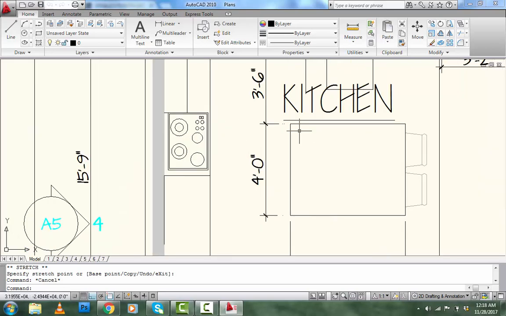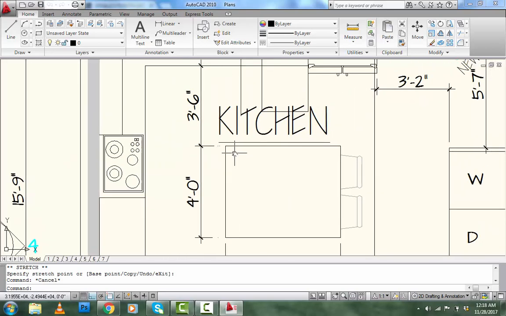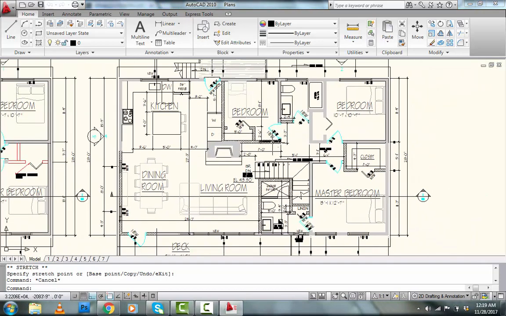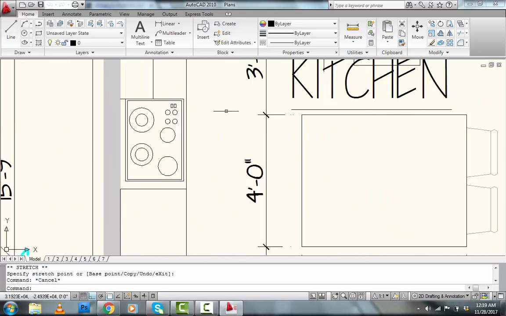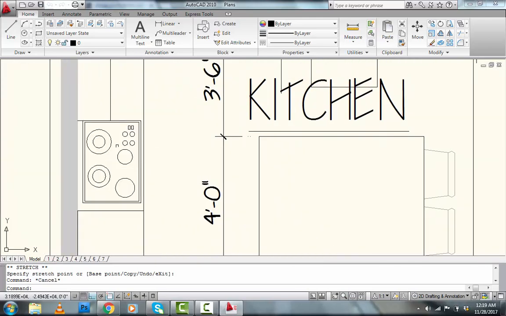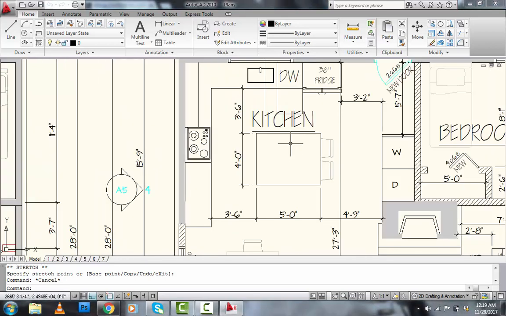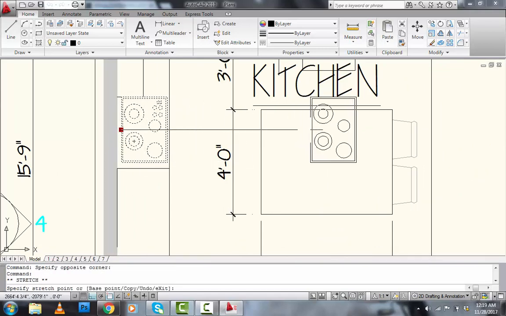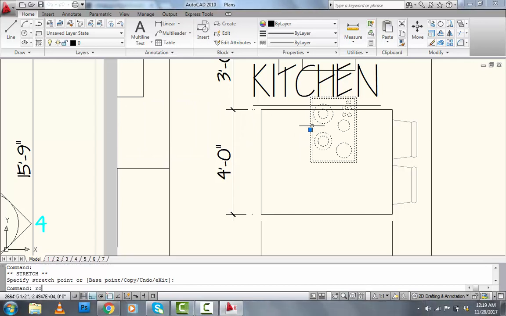So this is Mokoro, right? Basically what Mokoro means is move, copy, rotate. This is one of the homes I did a few months ago, and I'm just doing this to show you. So basically, let's say we wanted to move this stove from here to this middle island over there. Typically what most people would do is they would make sure it's a block, and then they would move it here, and then they would rotate it,